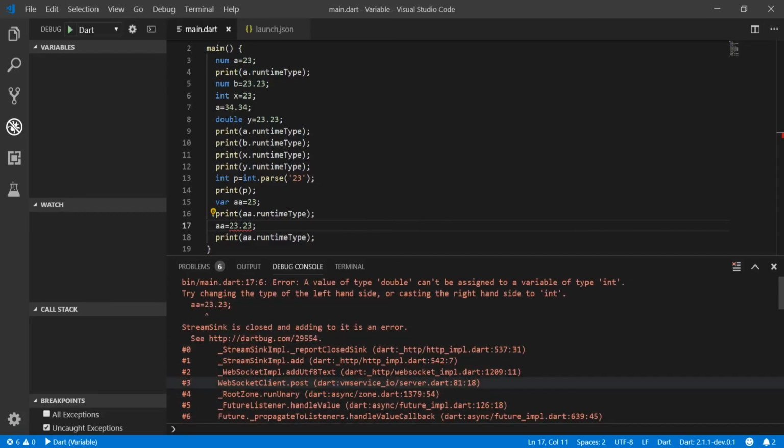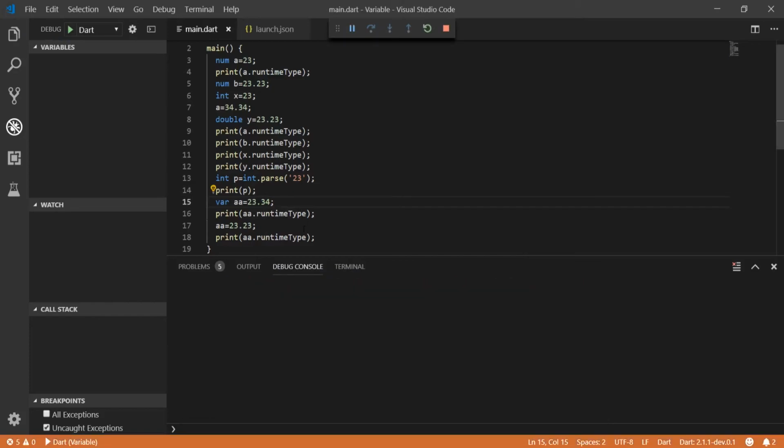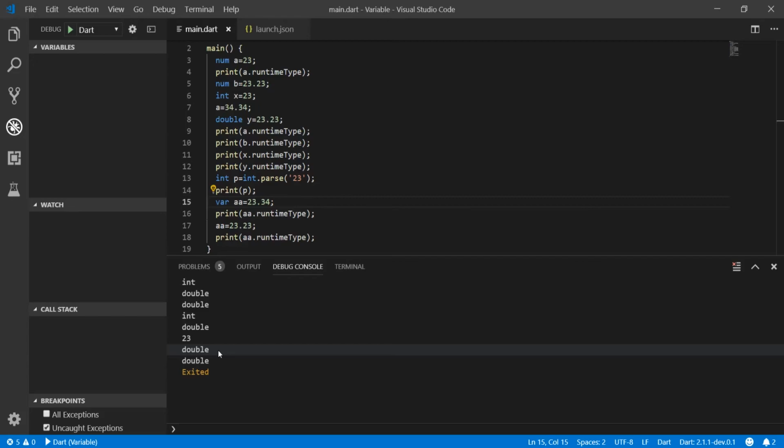But in case of var, if we initialize it with the int, we should stick with the int data type. For example, if we initialize this with a double, this will just work fine and it will be recognized as double. In num, we can store int or double, but in var, we can store any data type. When we discuss all the data types, we will be seeing this var along with it.